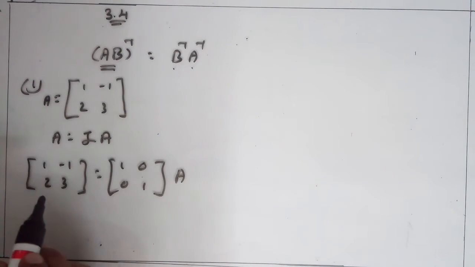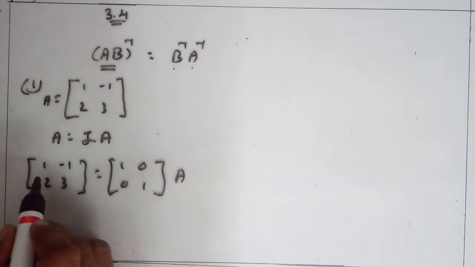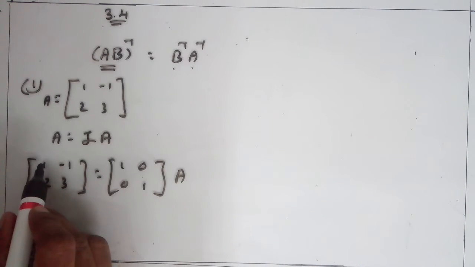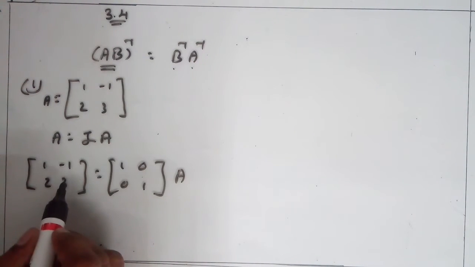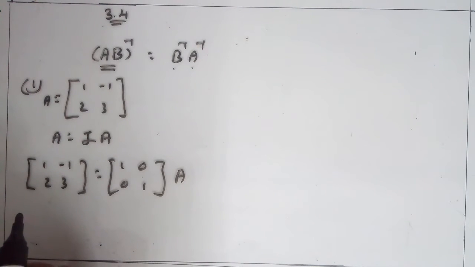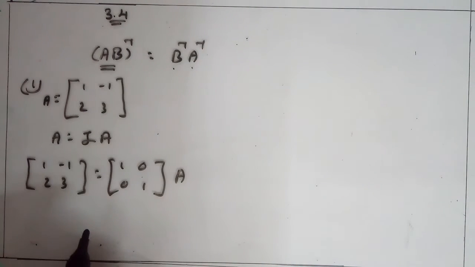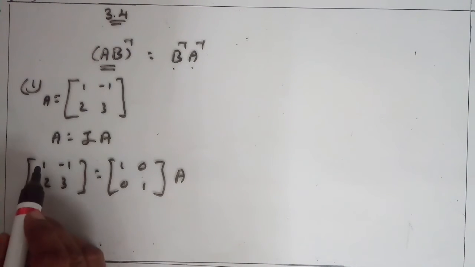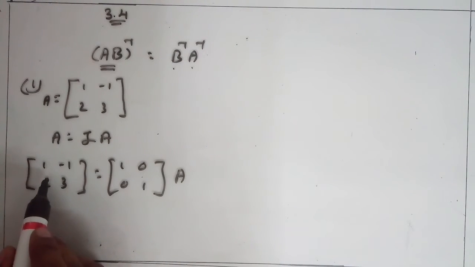Now here we get the identity matrix by applying some operations. For the identity matrix, we know how to get it: in the first row, the first element becomes 1 and the second becomes 0. In the second row, the first element is 0 and the second becomes 1. Then this becomes the identity matrix. Applying an operation on these rows, we get the identity matrix. Here 1 is already given, so here we need to get a 0.